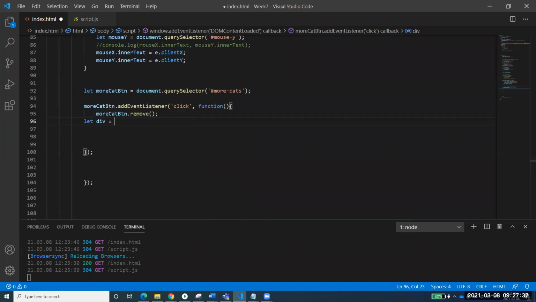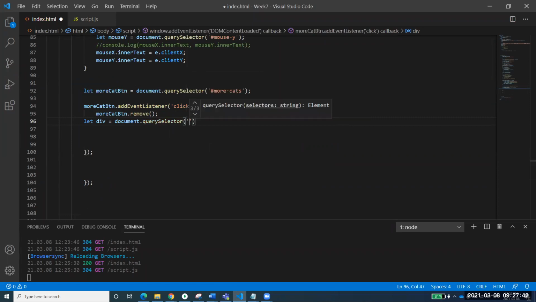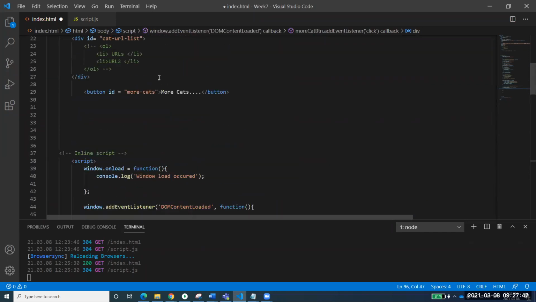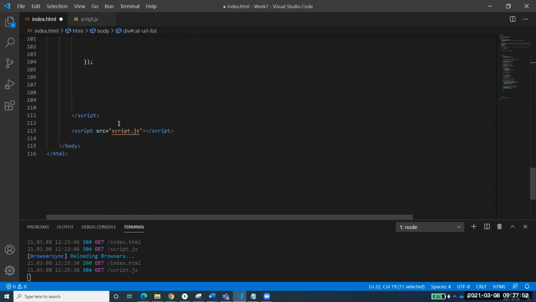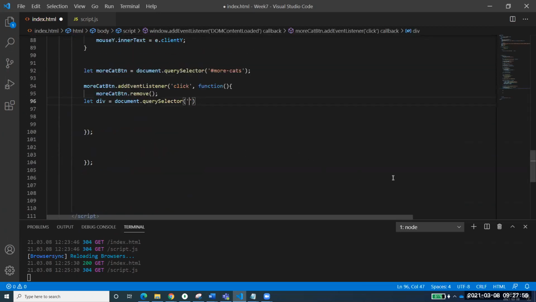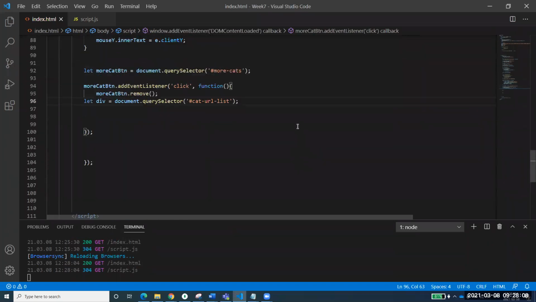Let div equal to document.querySelector, right? And what is the ID I've given? If you see here, I've given it catURLlist. And I'll copy it, because I guess sometimes you make mistakes. So catURLlist, I want to access that one. And again, since this is an ID, what should I use? Hash catURLlist. Sorry, the T has not come. Let me just see if I have used that T over there. Yes, T is there, URLlist. So, got it everyone? I am just creating a query selector.